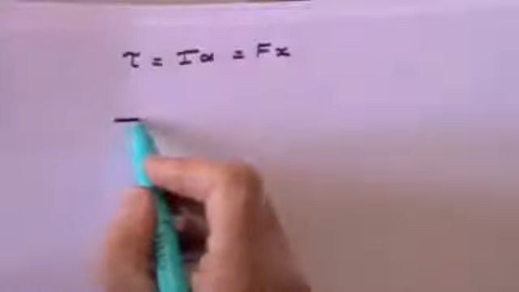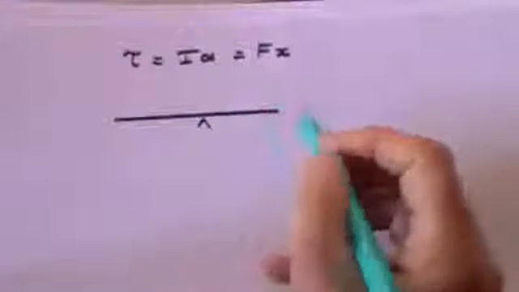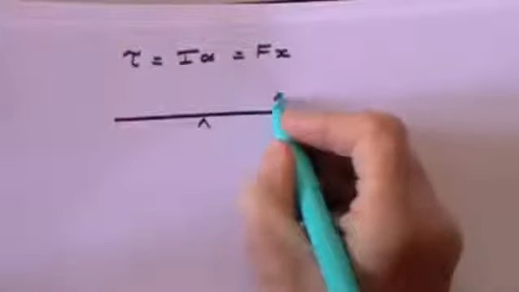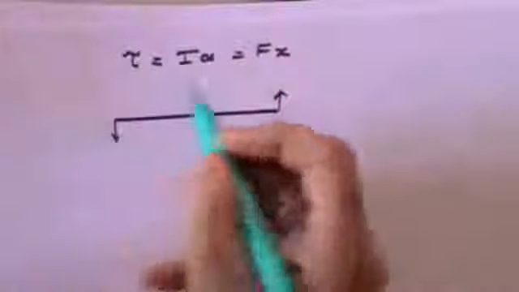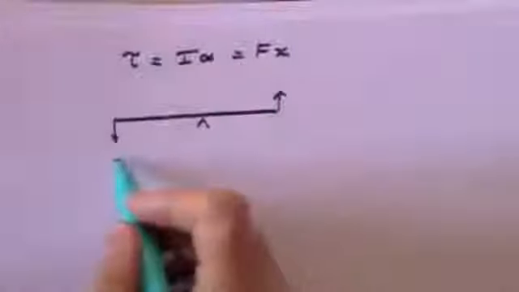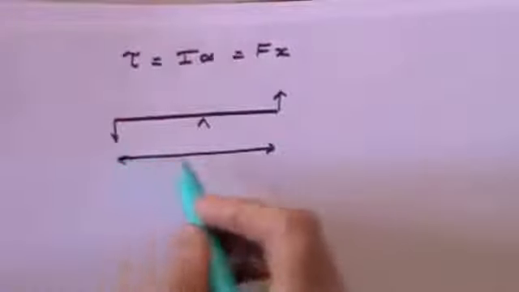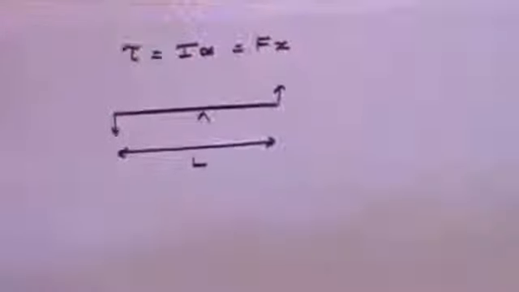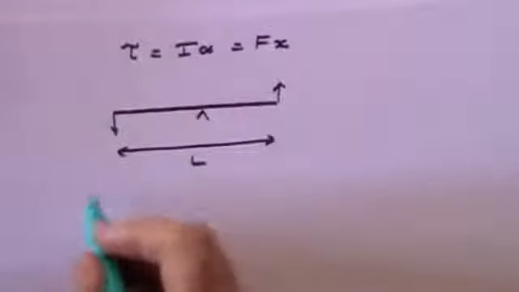So if we take a rod and we put a pivot point in the middle, and then we have a force upwards on that side and downwards at that side, so they're both contributing to spinning this rod around the pivot point in a circular direction, and let the length of the rod be L,